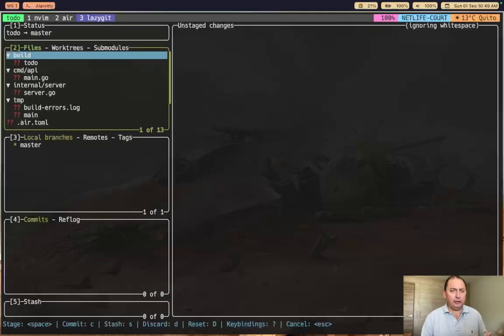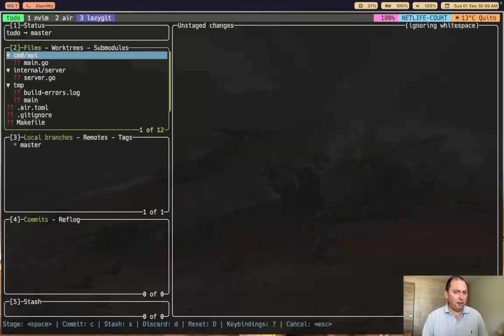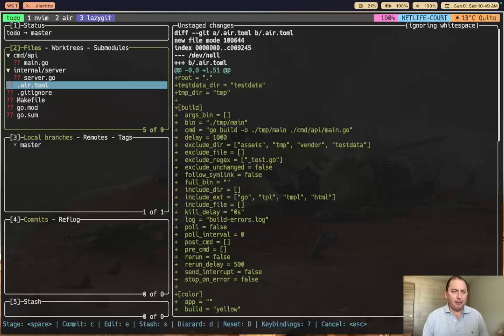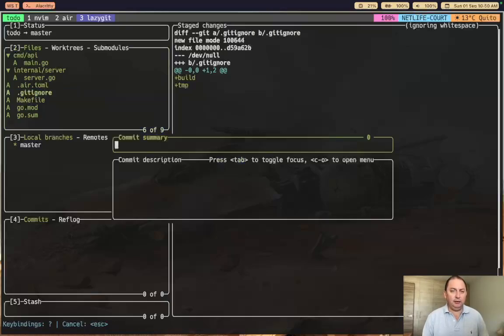and as we discussed, the build directory is generated when we run the make build command. So I'm going to add this to the .gitignore by pressing I and I again. The tmp is used by air, so I'm going to ignore this as well. All the other files I'm going to push to GitHub, so I'm going to press A. Now I'm going to add all those files to the staging area,